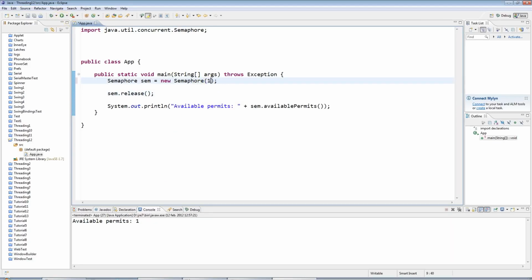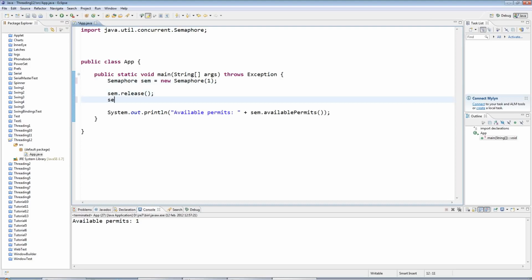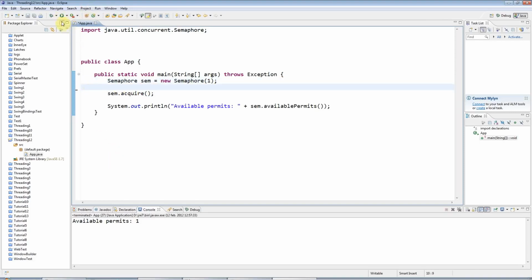And there's also a method that decrements the count of available permits, which is called acquire. So if I start with 1, release 1 and acquire 1, I've got 1 by the time I finish. Or if I start with 1 and acquire 1, then I've got 0. Pretty simple. And the point of this is that acquire will actually wait if there's no permits available. So let's say I've got no permits here, and I call acquire. This will just wait until a permit is released somewhere, and I'm not releasing a permit, so it will just